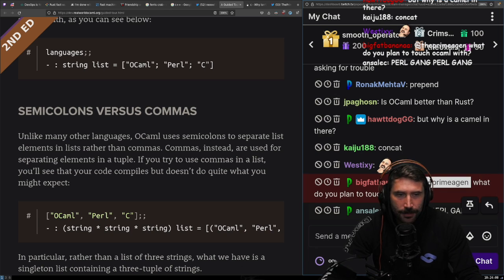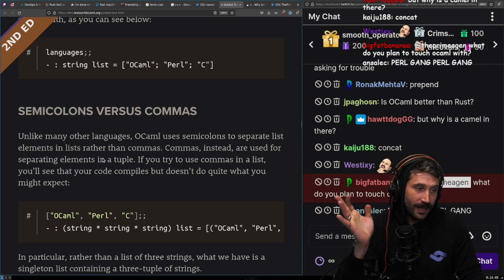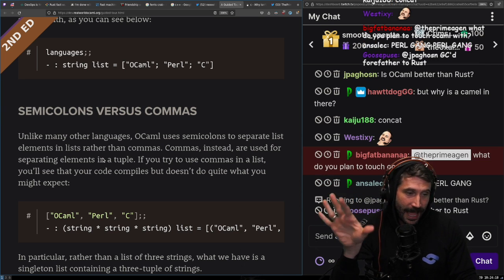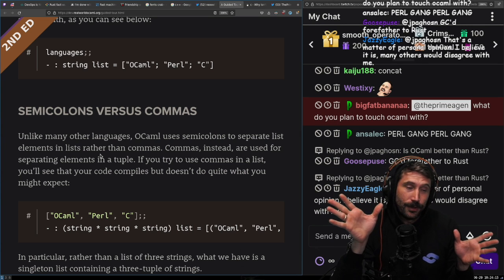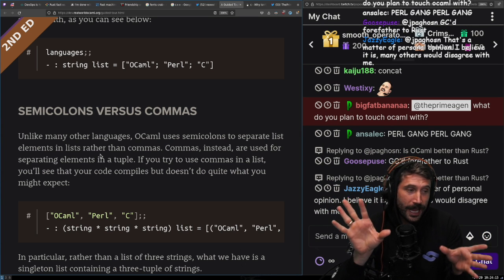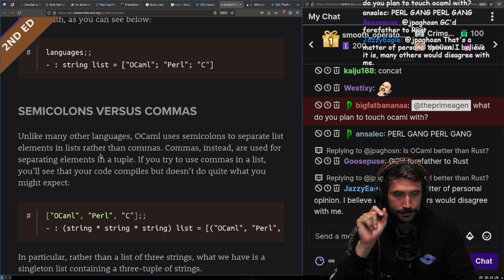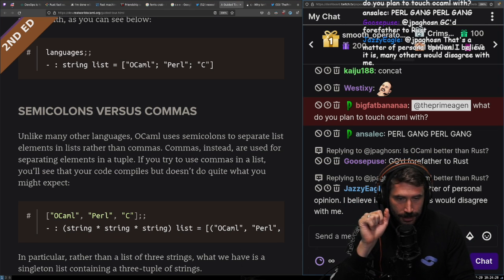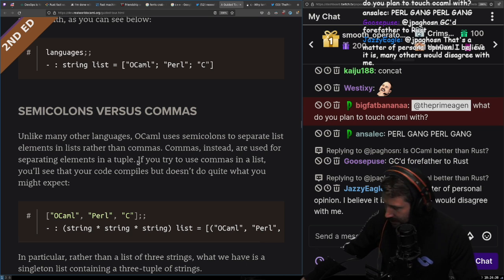Why is OCaml in there? Why is OCaml in there? I don't know. Oh, what do you plan to do with OCaml? I actually plan. Okay, so TJ, Dax, Adam, and I have been talking, and there's a good idea floating around. Okay, let's just say we got a really good idea. You know what I mean? And I'd like to use OCaml. I like this song as well.